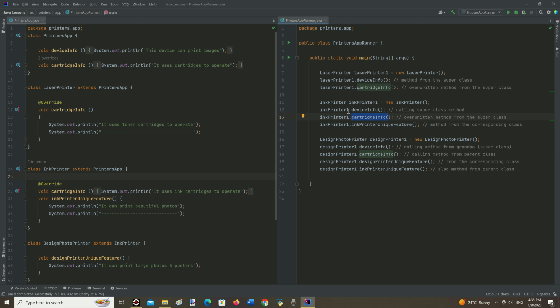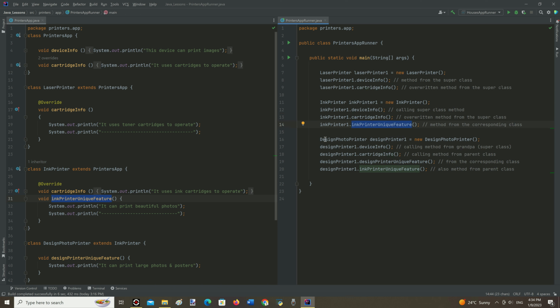The cartridge_info method is overridden and has another implementation inside the body in curly braces right here, different from what it is in the parent class printer's_app. And its own method named InkPrinter unique feature is called here also.